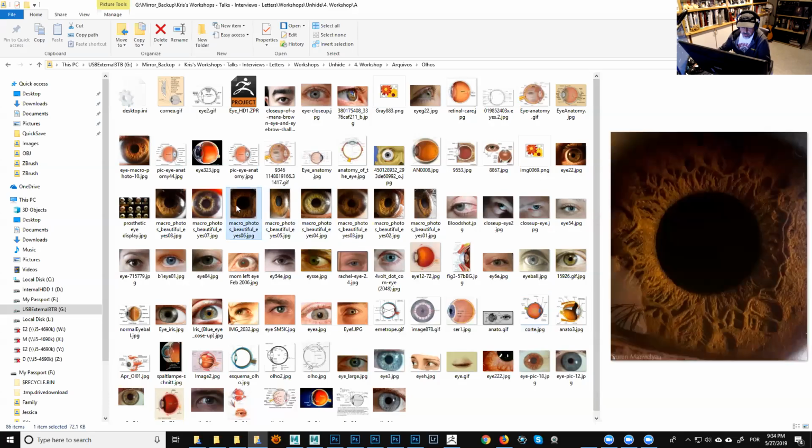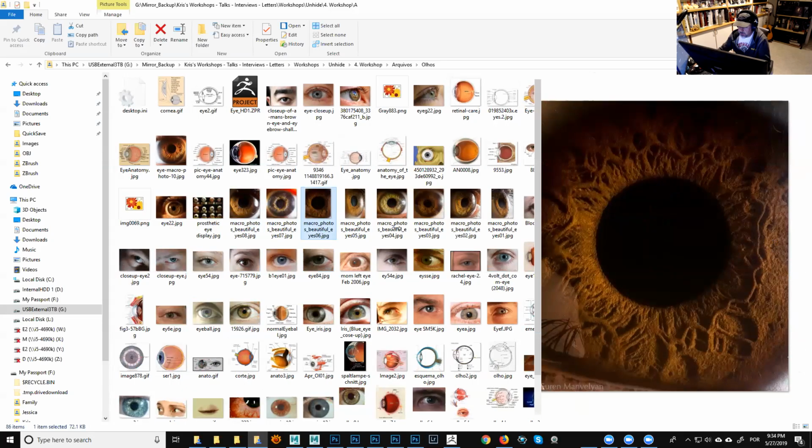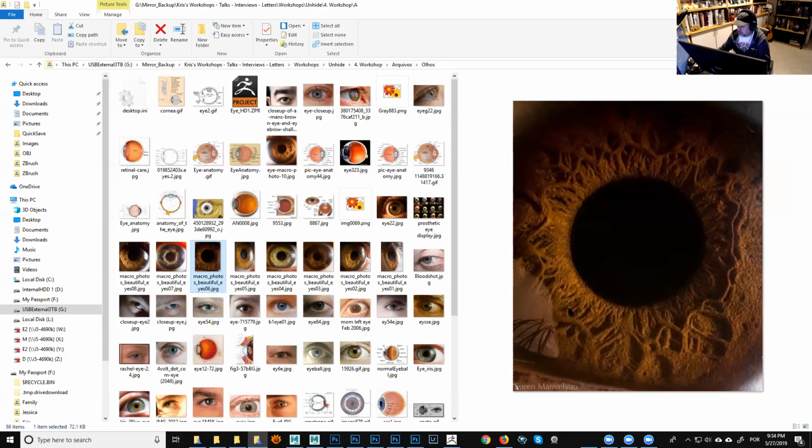And I was talking about those references you can find online if you look for macro photography of eyes or something like that. And it almost looks fake. It looks kind of leathery, there is not a lot of specular going on in there. It's kind of opaque, right? But it always has depth. So like all those little caves and everything, when the light hits it,